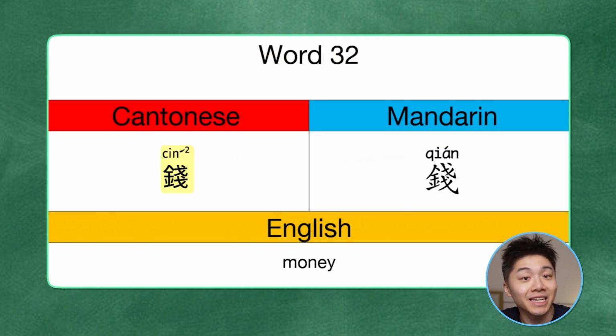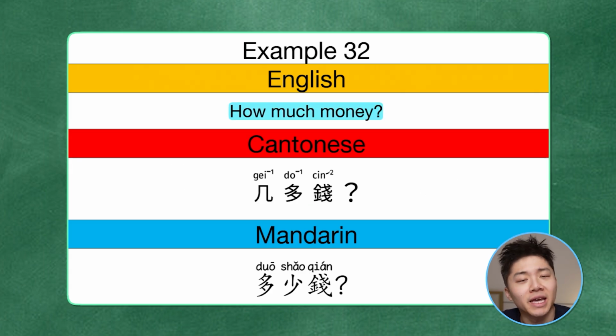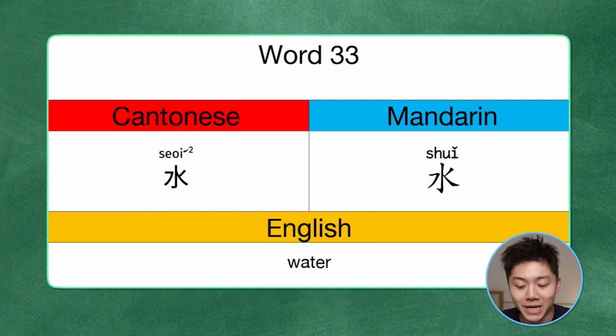Next word, 錢. In Mandarin, 錢. Let's look at an example. How much money? In Cantonese, 幾多錢。In Mandarin, 多少錢。Let's break it down. In Cantonese, 幾多 means how much. In Mandarin, we use 多少. And then 錢 means money. In Mandarin, 錢. So 幾多錢, in Mandarin, 多少錢。